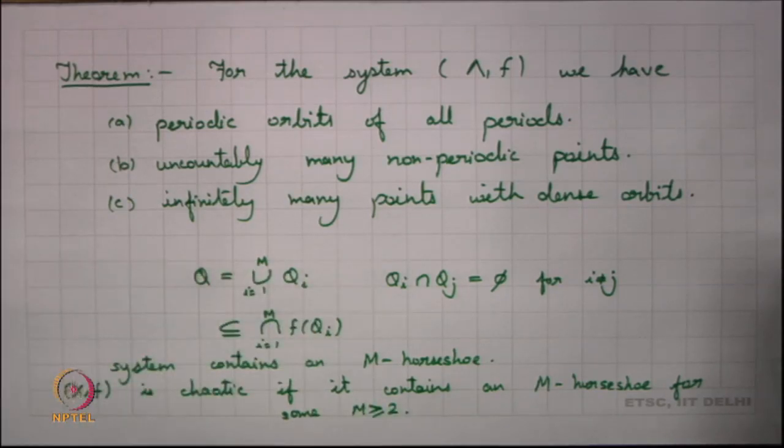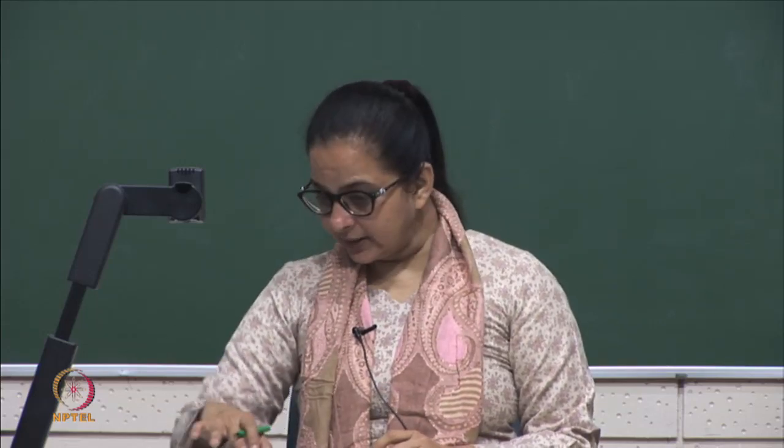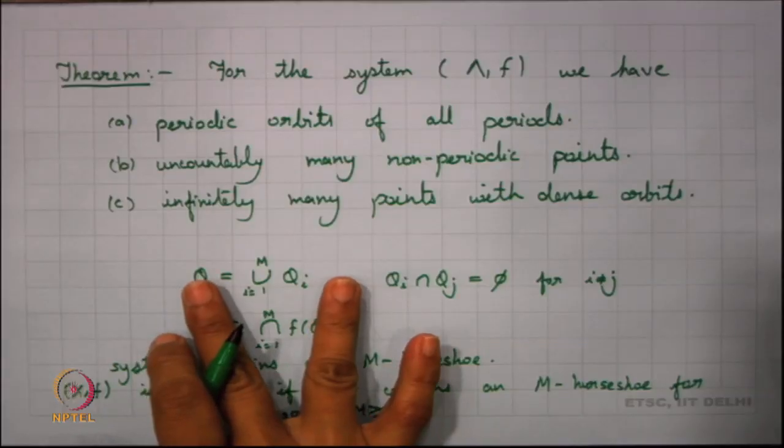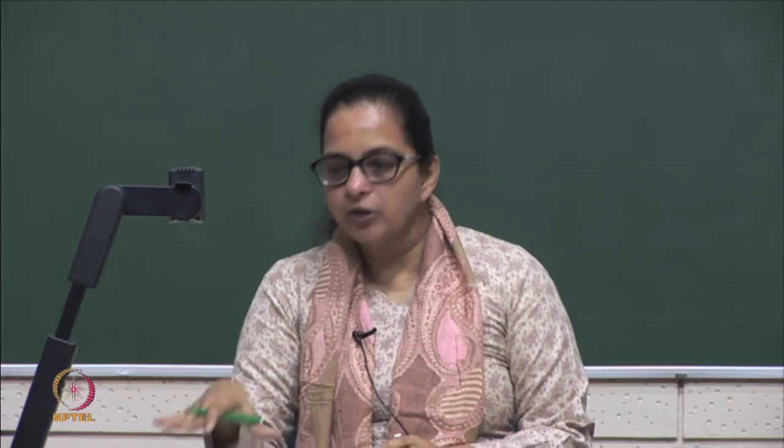Of course, we need m greater than or equal to 2, 1 does not suffice here. This particular construction, this particular Q, is called an M horseshoe, and if it contains an M horseshoe, then we say that the system is chaotic. So, this is one more definition of chaos, and one more observation that such systems would be chaotic,